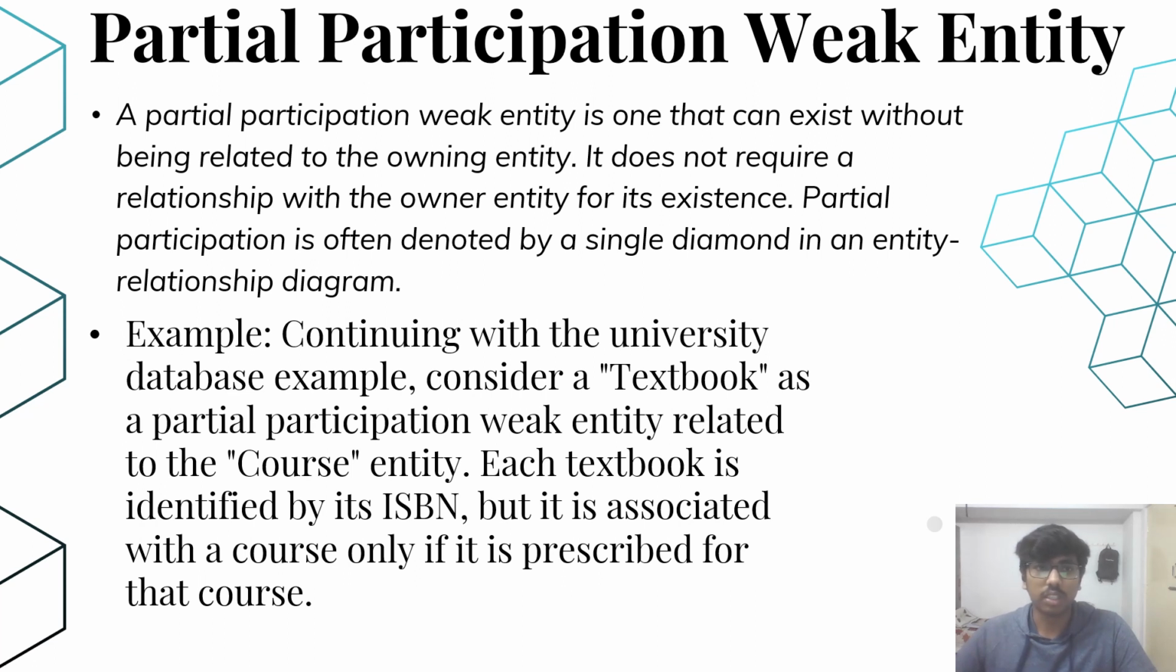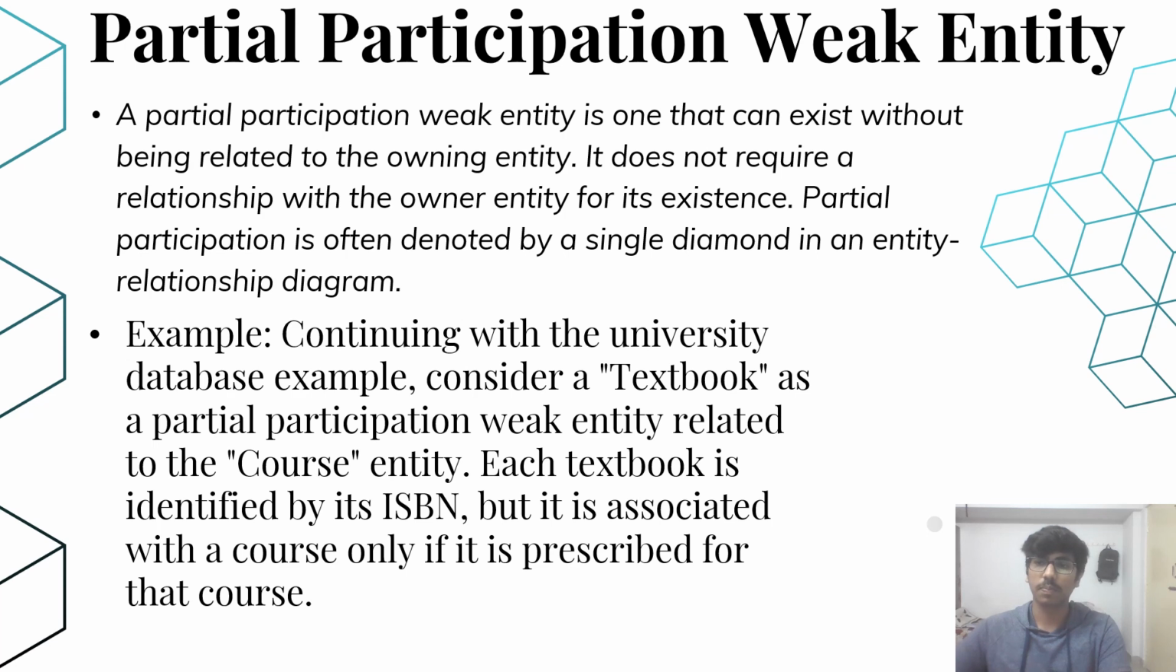Partial participation weak entity. A partial participation weak entity is one that can exist without being related to the owning entity. It does not require a relationship with the owner entity for its existence. Partial participation is often denoted by a single diamond in an entity relationship diagram. Example, continuing with the university database example, consider textbook as a partial participation weak entity related to the course entity. Each textbook is identified by its ISBN, but it is associated with the course only if it is prescribed for